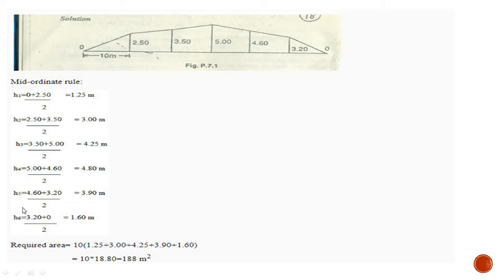In the similar manner we can get other mid ordinates up to h6, and the required area is then calculated by multiplying the regular interval with the sum of all the mid ordinates. Here the regular interval is 10 meters, so 10 into 1.25 plus 3 plus 4.25 plus 4.8 plus 3.9 plus 1.6 equals to